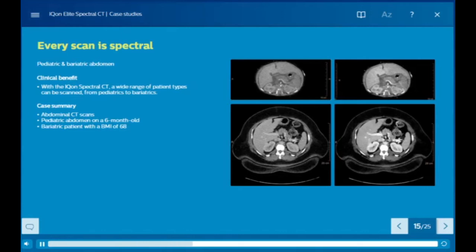With the IQon Spectral CT, the technologist does not have to spend valuable time picking the correct scan protocol. The ability to use low-dose protocol tools and always get spectral results is the best combination when it comes to pediatric patient care. With the IQon Spectral CT, your customers are not limited to scanning any patient due to size